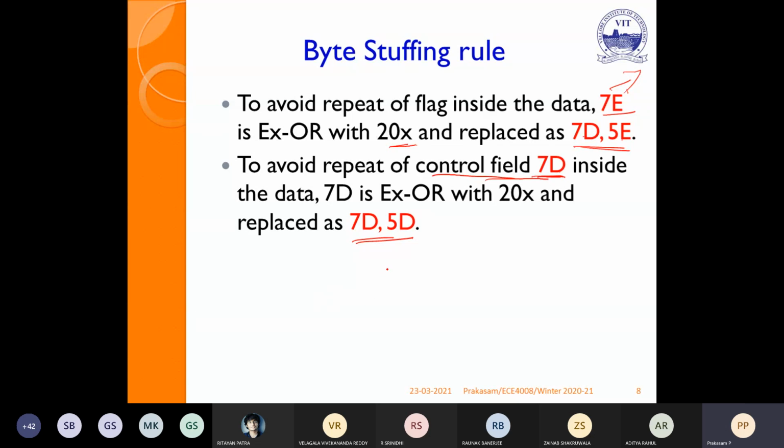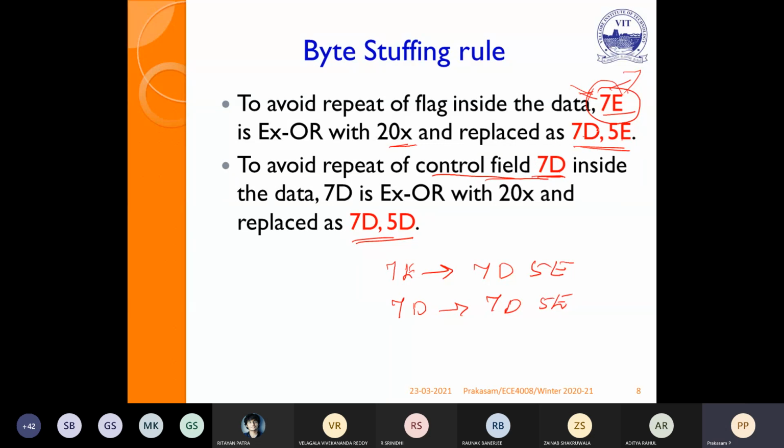For example, 7E will be replaced with 75E in the stuffing rule. Similarly, to avoid this control field confusion, 70 will also get replaced. So these are the flag bytes. We add flag bytes at the starting as well as the ending. That is nothing but the boundaries.